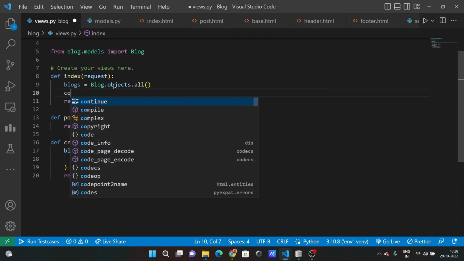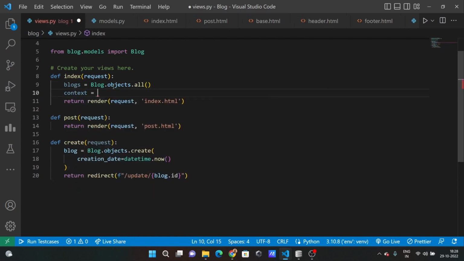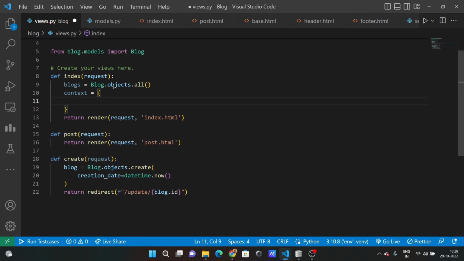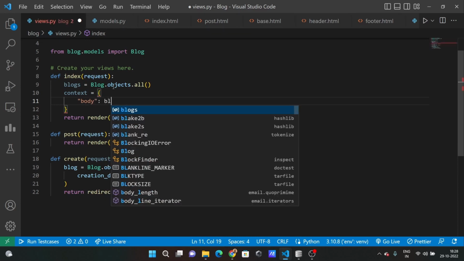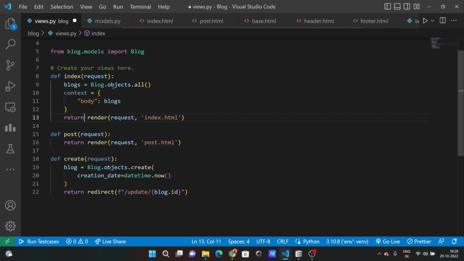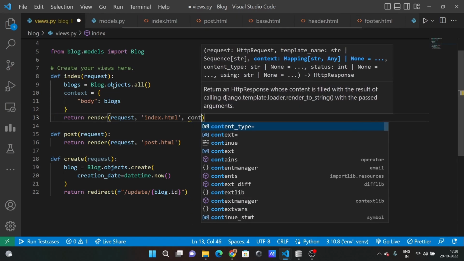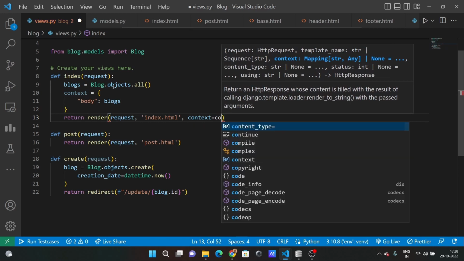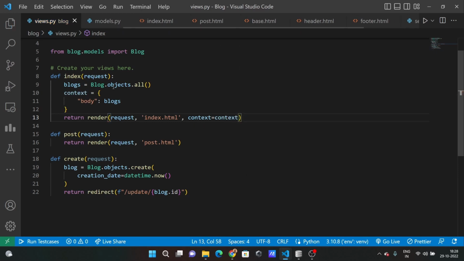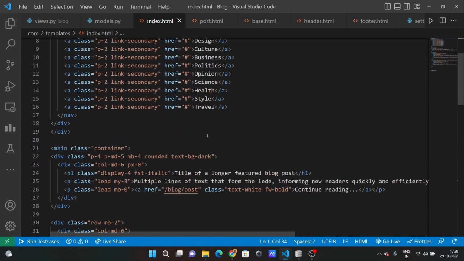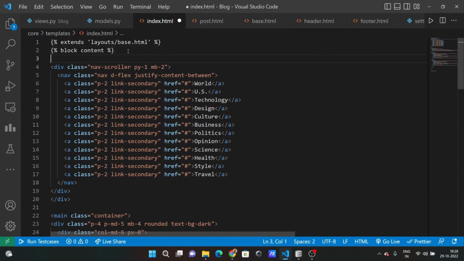And let's create a variable called context, body, blocks, and we can pass render context, which is context. So if I go to index.html and if I render the context we are providing,